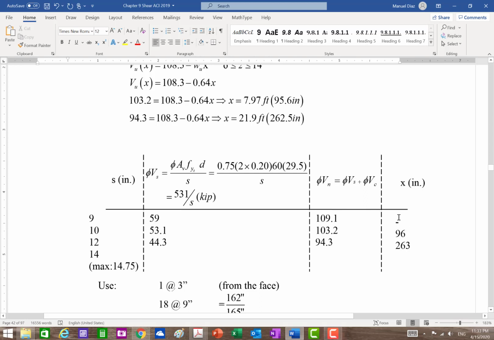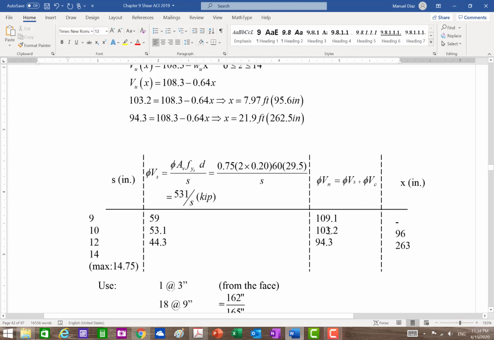For the first one, you don't need to worry about that one really, because you have to start with that one no matter what. So that doesn't matter. You don't need to find the x for that. But you need to find the x's for the other values, because those are the values where you want to change to, right? So the question is where